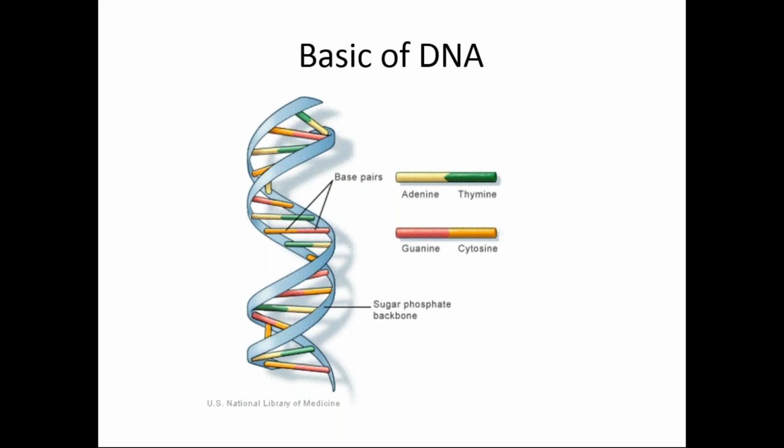It is the sequence of these pairs that acts as a set of instructions that makes all living things. It may be a chemical, a hormone, an enzyme, or whatever. Any type of molecule synthesized inside the cell is synthesized because of the DNA molecule. Because you know very well, we are life science students, so we know what DNA is. This DNA actually plays an important role in forensic investigation.